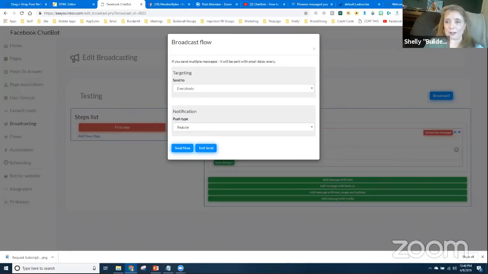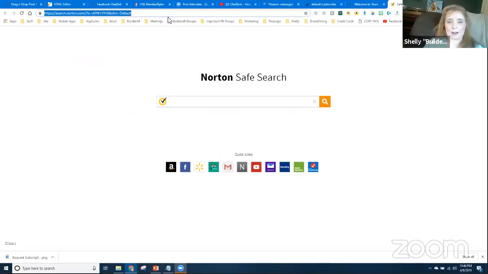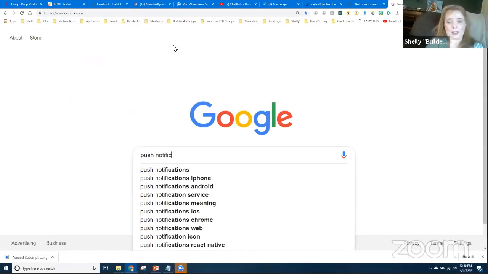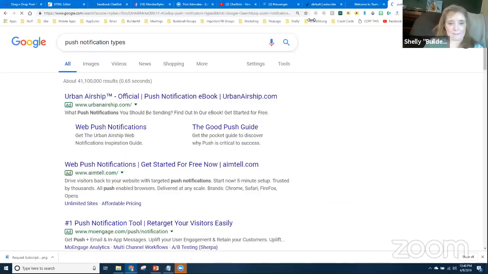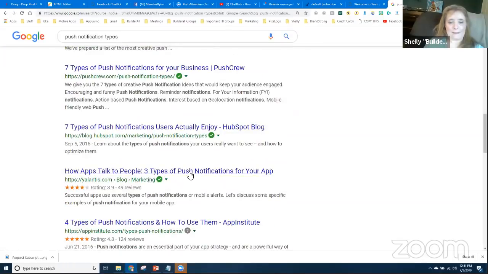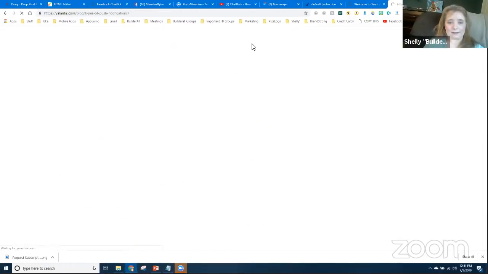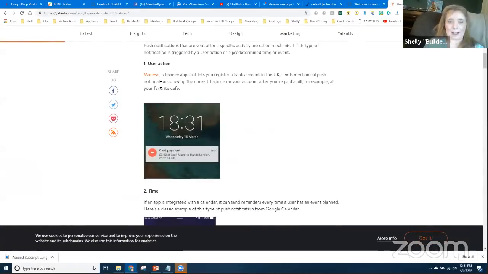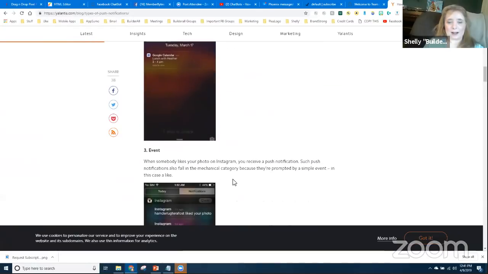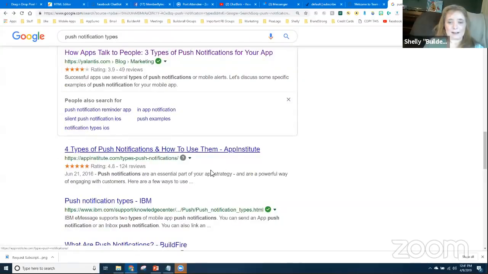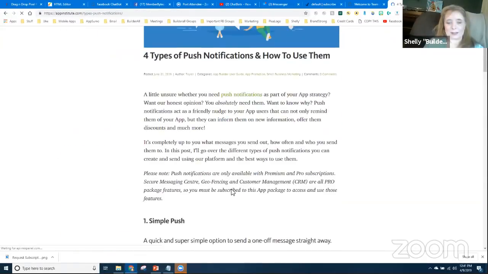So push notification types. So we'll go to Google and we'll go to push notification type. Here we go. And let's see, 8 types of push notifications. We don't need that many. How about 3? Let's see if this has the answer. We've got time and event. Nope, that's not it. It's like a silent push, and there we go.